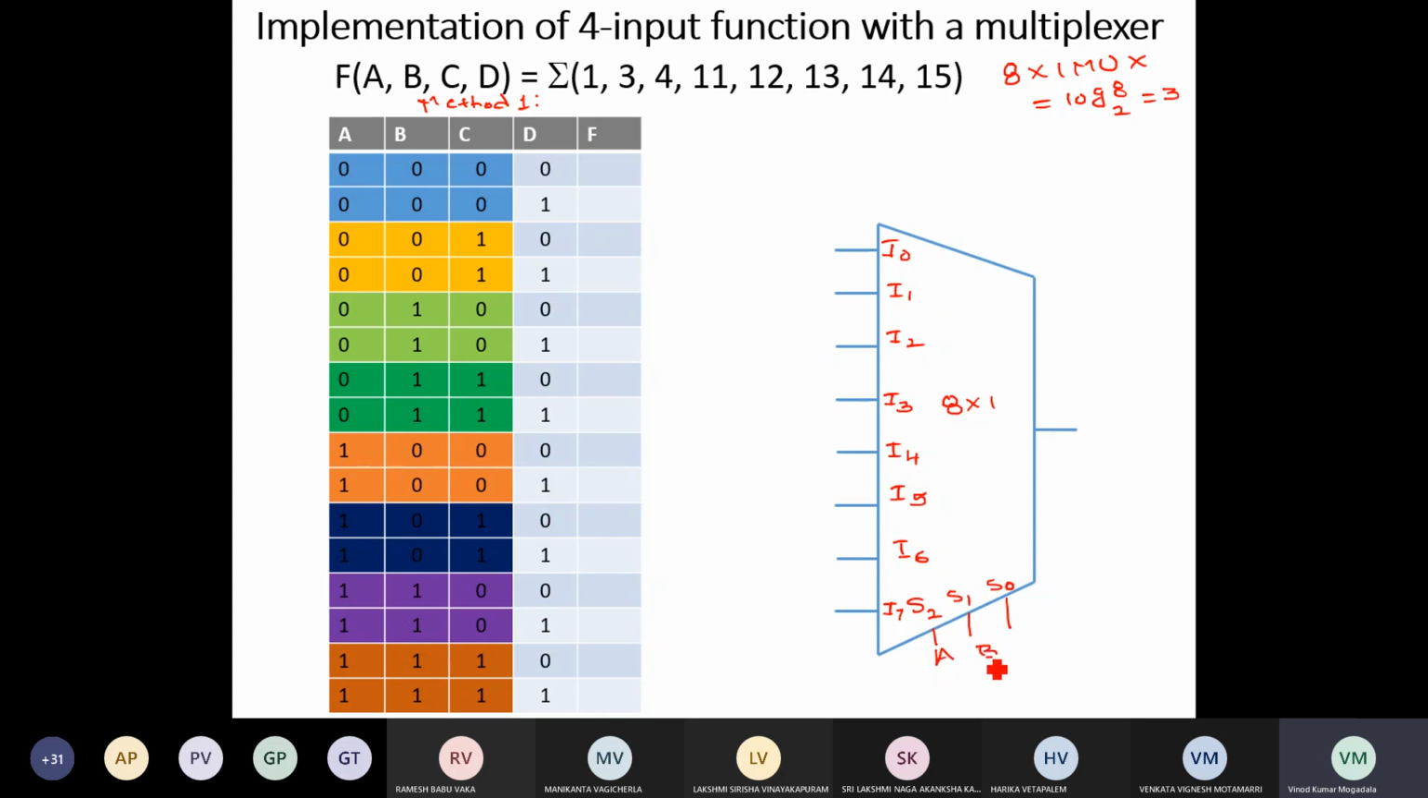ABC, we are simply connecting the selection lines. And D, we will relate the D LSB variable with respect to output. Now first list the minterms: 0, 1, 2, 3, 4, 5, 6, 7, 8, 9, 10, 11, 12, 13, 14, and